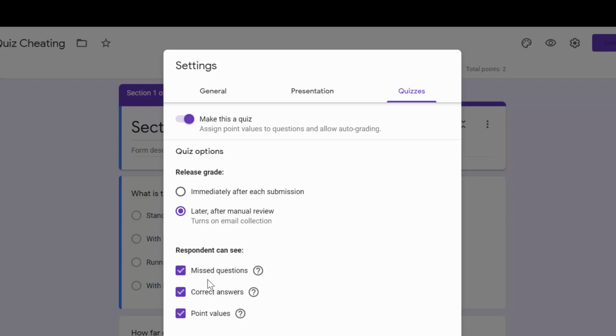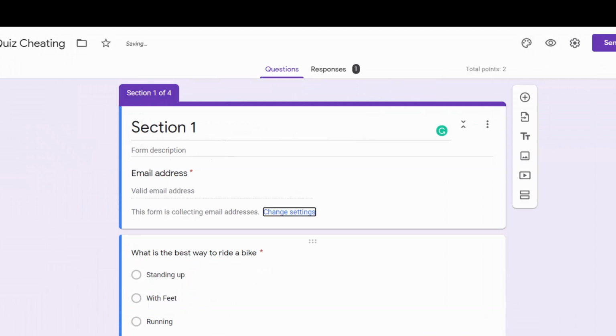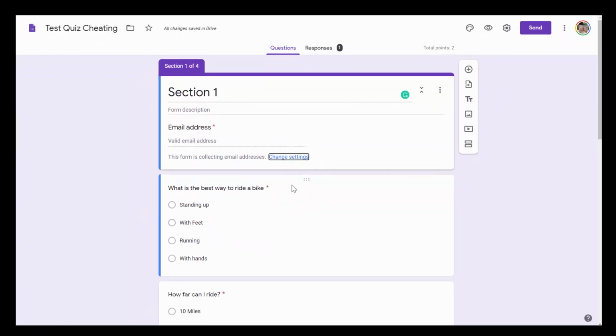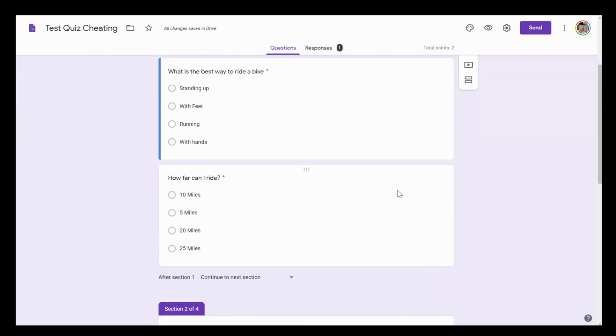Sometimes if you're allowing students to see questions and correct answers, they can collect those questions to share with students in the future. So you can make your own decisions about what you want to do with that. And go ahead and save that. For individual questions, I'm going to go ahead and